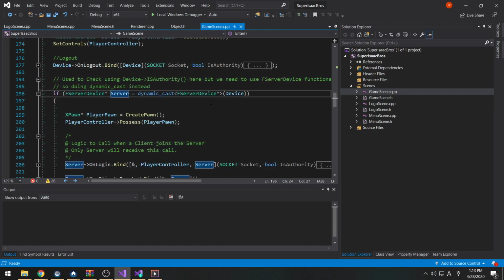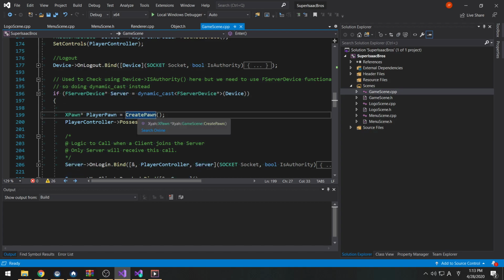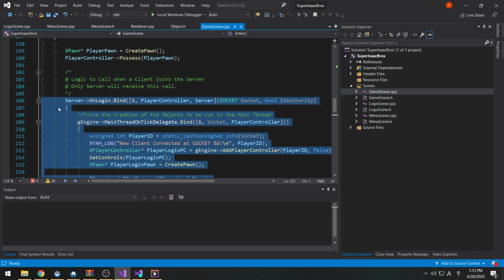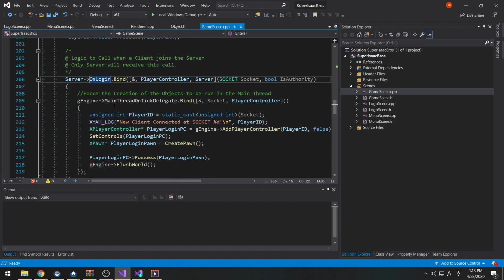Now here we check whether the device is a server device. In other words, it's the server handle that we are talking about. If it's the server, then we create the player for that server. We possess the pawn that we create, and then we also assign a delegate that says every time someone else logs